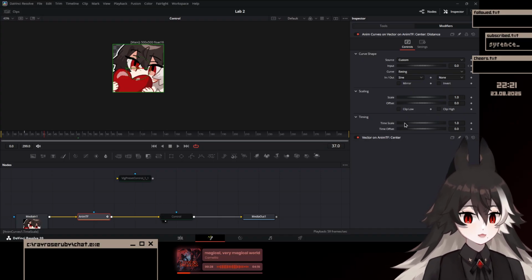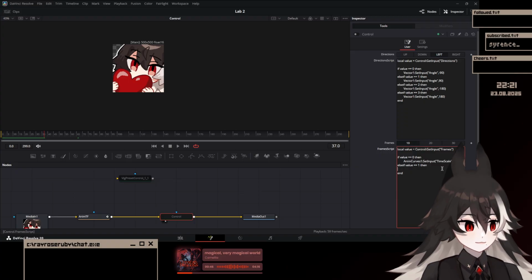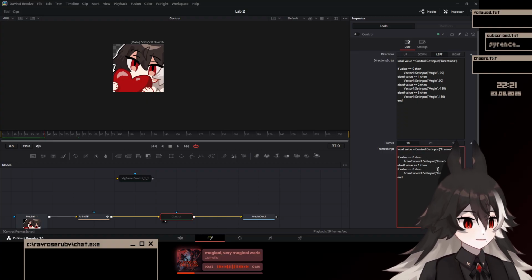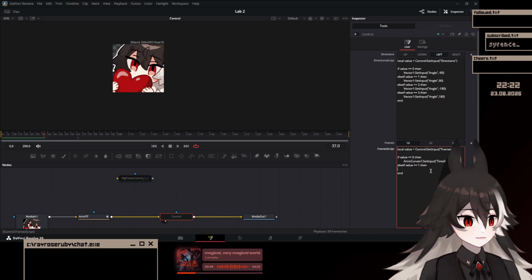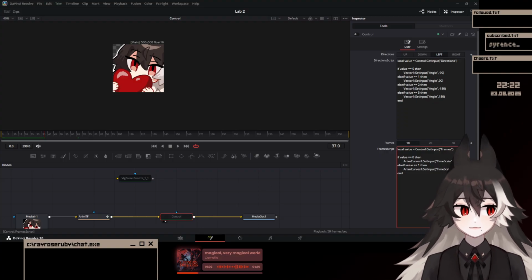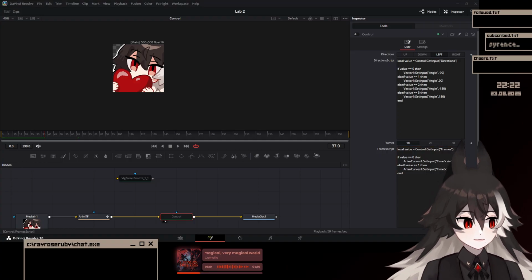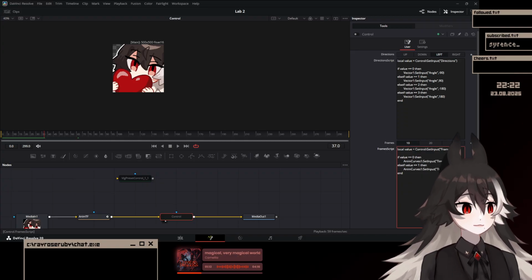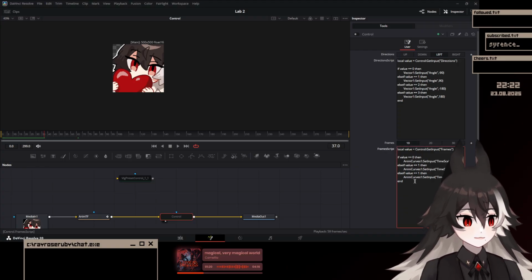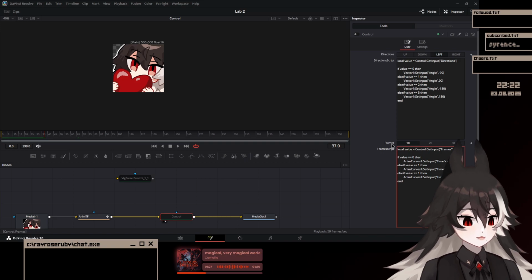Anim curves with S1 and time scale. If it's 21, okay. So this is going to be